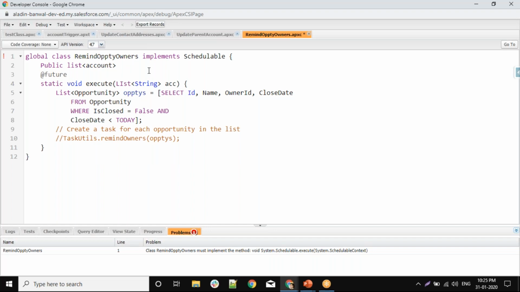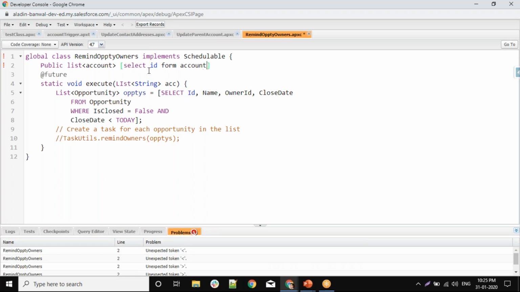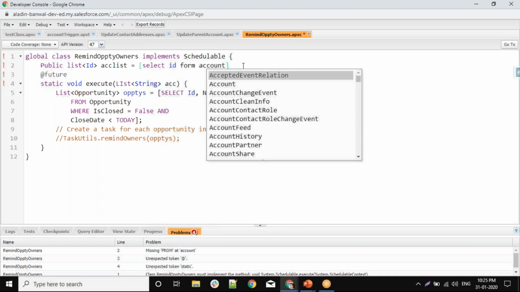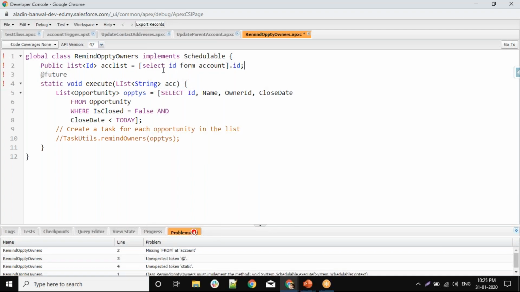There you can simply write select Id from Account and store this in this list, and then use the list of Id. So all the IDs from this account will be stored in this account list.